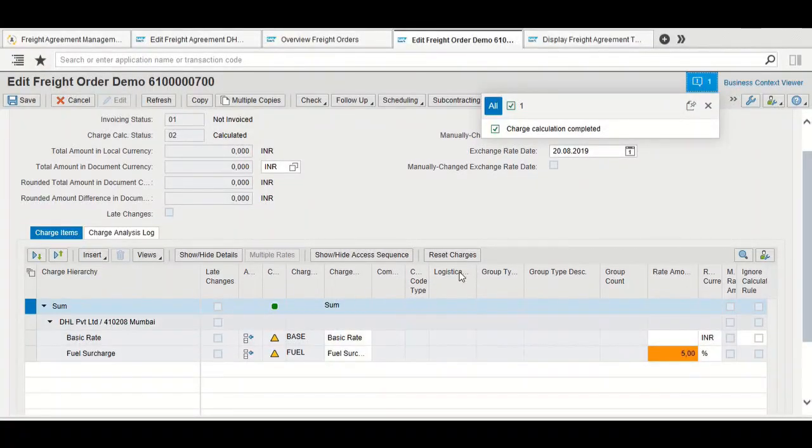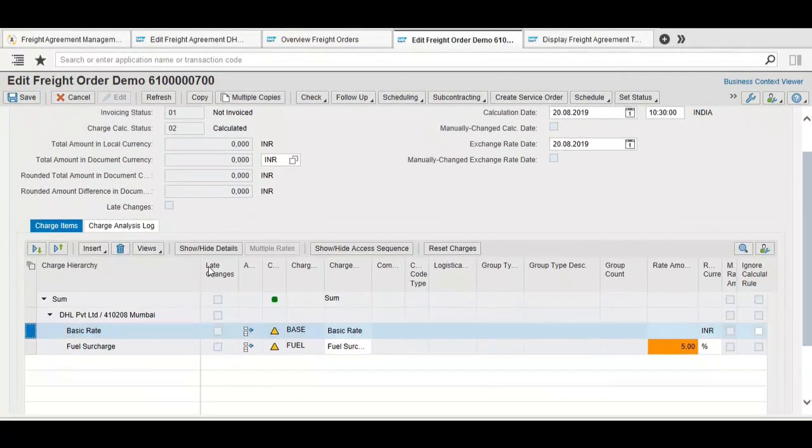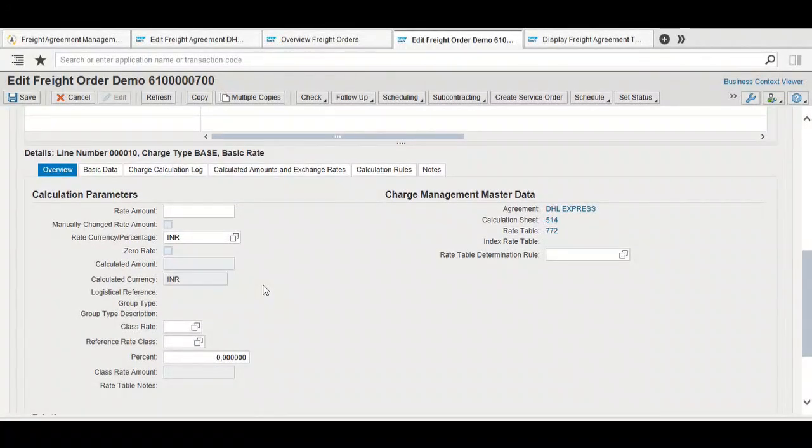We'll see why. We can select the charge type and click on show details. It will show us what values are pulled for charge calculation. This is the agreement, this calculation sheet, rate table. In the calculation rule, we'll be able to see